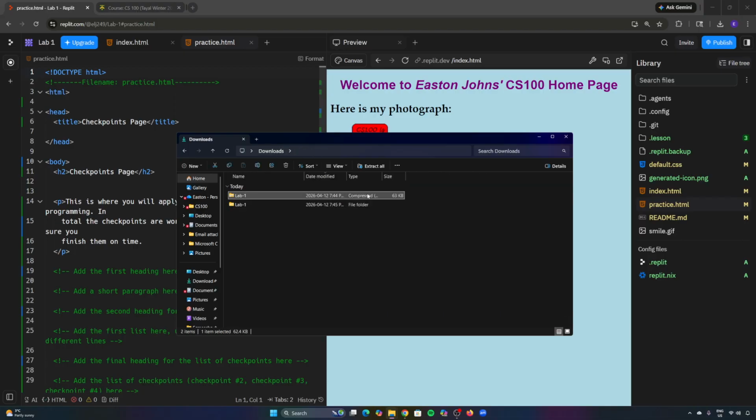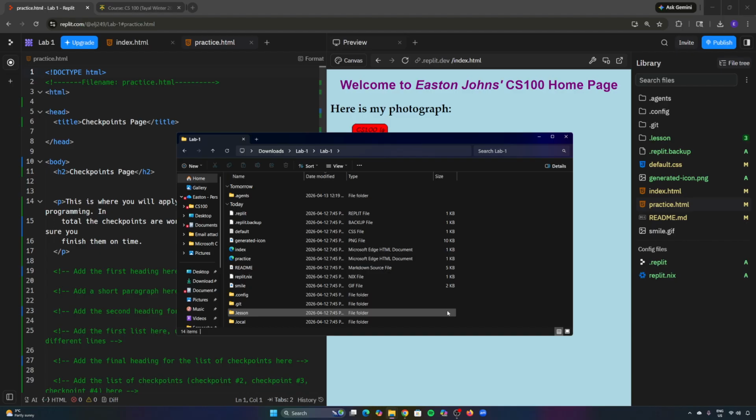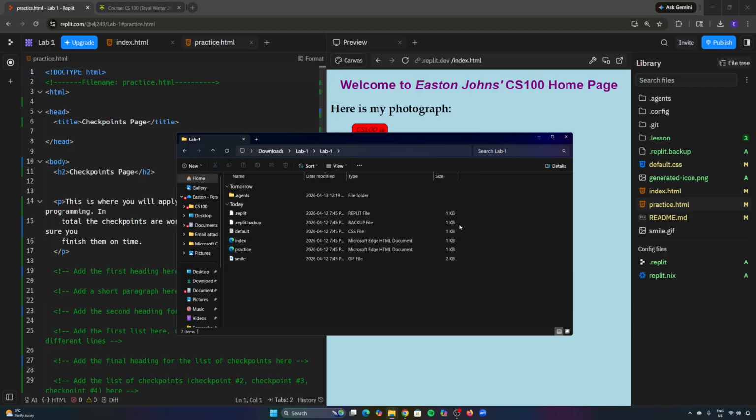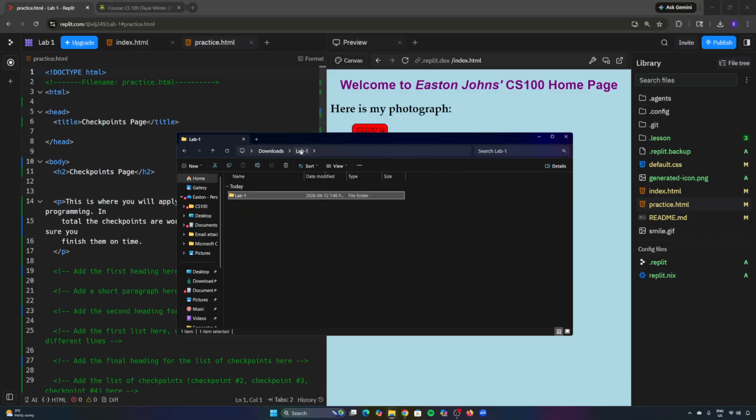let's say that this is your folder you've been working on. Maybe inside this folder you just have your practice.html, your index.html, picture file, CSS file. So if you're working on Notepad or TextEdit, it could look something like this. You might also have the Replit files from before, from downloading off of Replit. It really doesn't matter. But once you're ready to submit, you just go to where the file is, or the